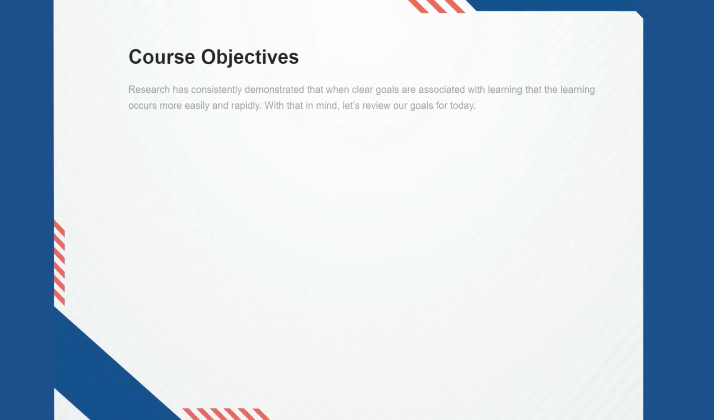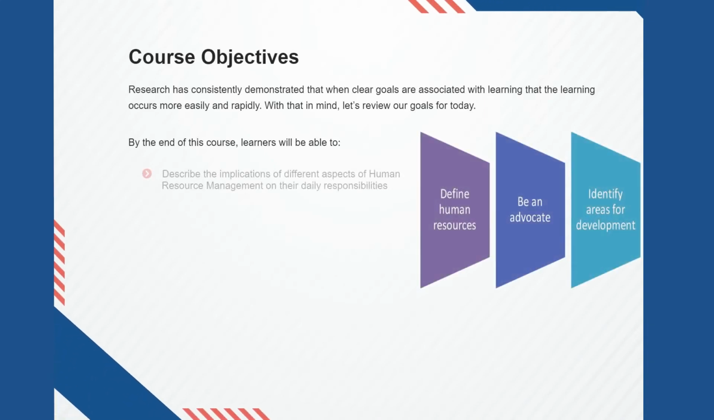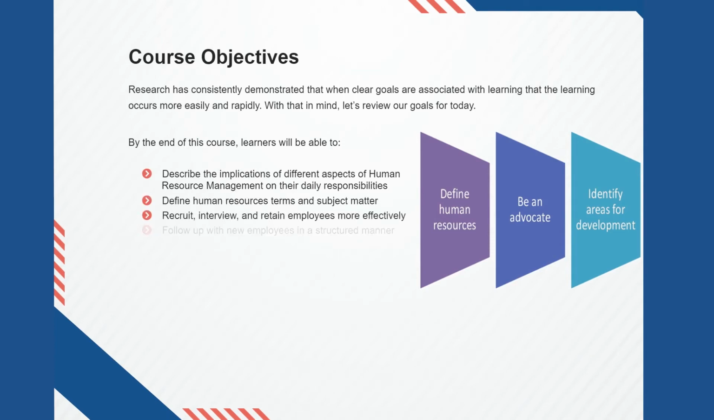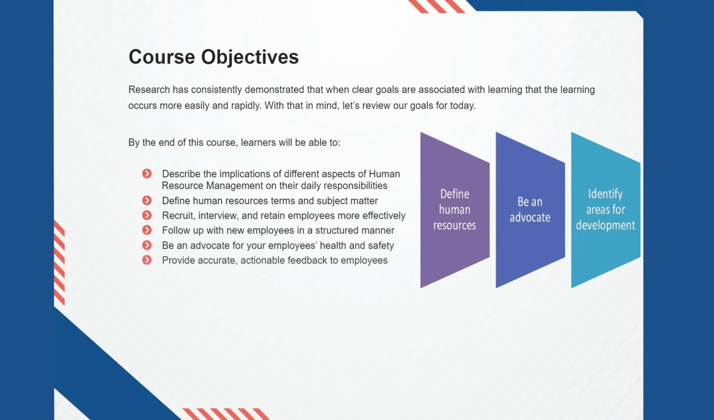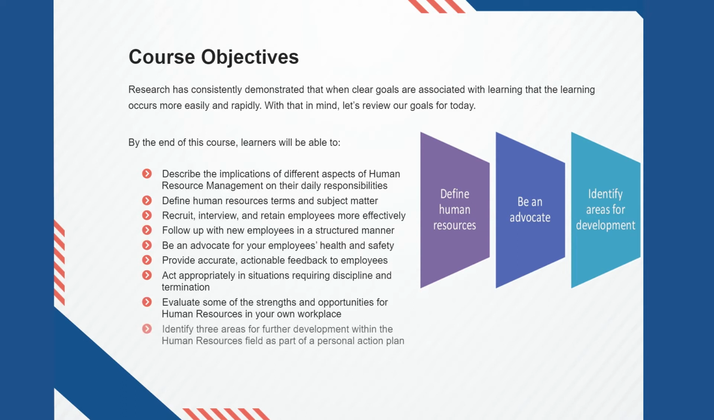Course objectives. Research has consistently demonstrated that when clear goals are associated with learning, the learning occurs more easily and rapidly. With that in mind, let's review our goals for today. By the end of this course, learners will be able to describe the implications of different aspects of human resource